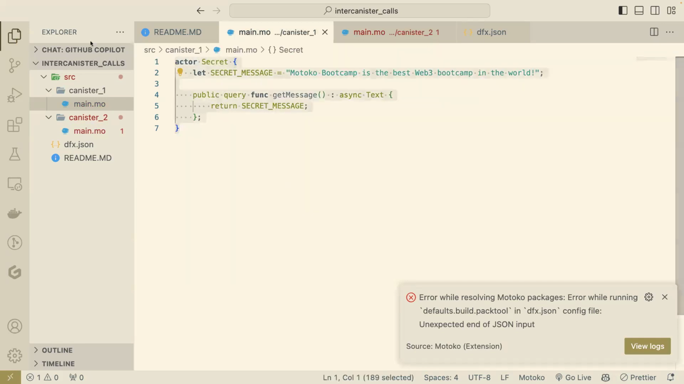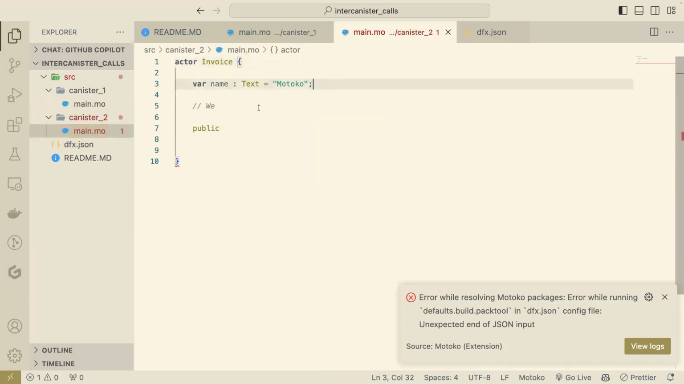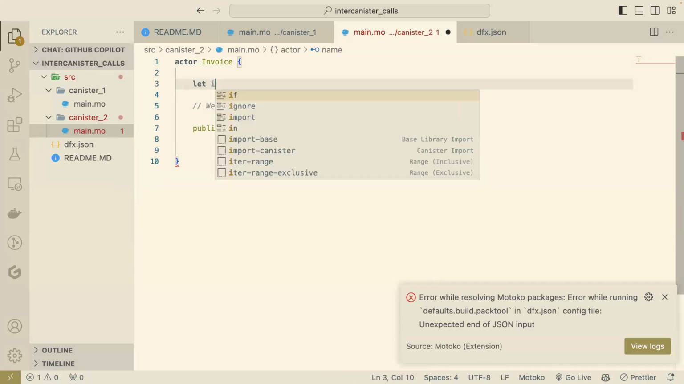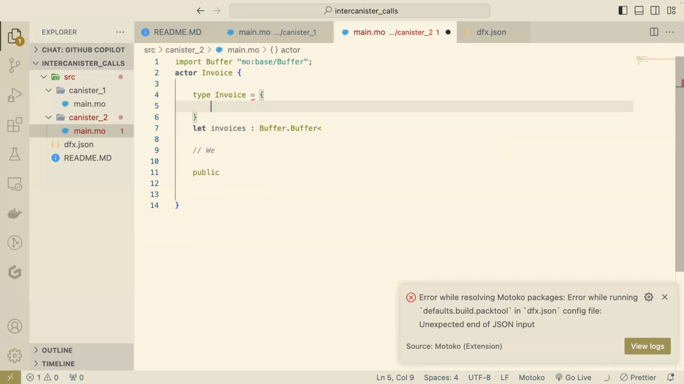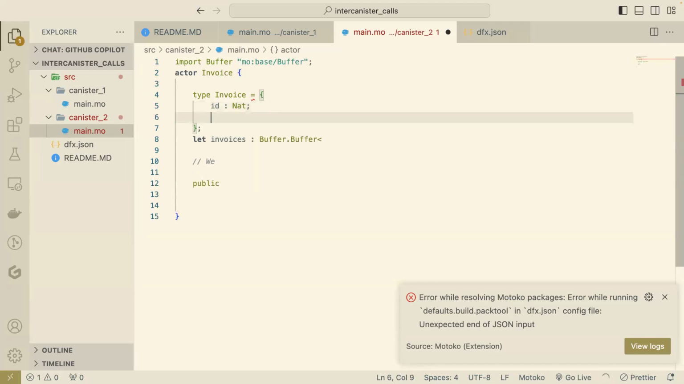This canister is storing a secret, and this canister 2 is going to store invoices. One second, I need to close the window. Okay, I am back. And this canister is going to store invoices. So we will actually use a buffer to store our invoices. So Buffer.Buffer, and an invoice is going to have an ID and a status,